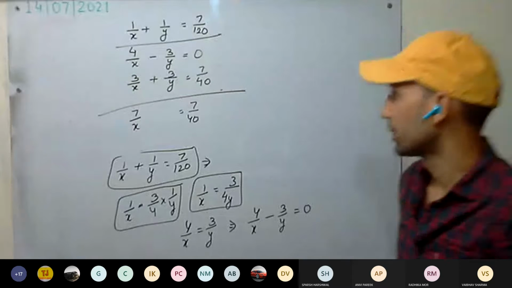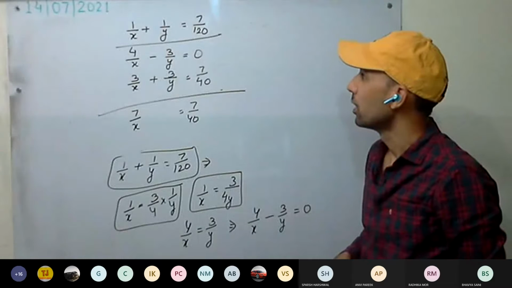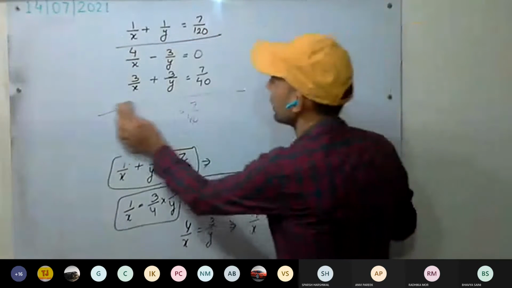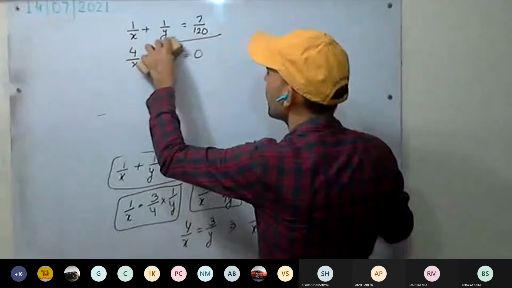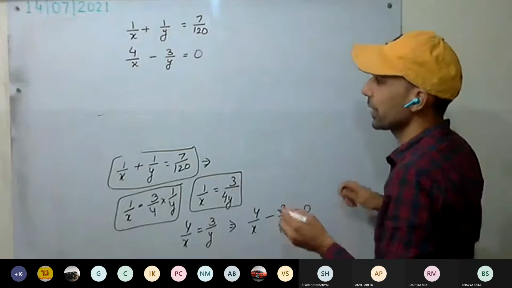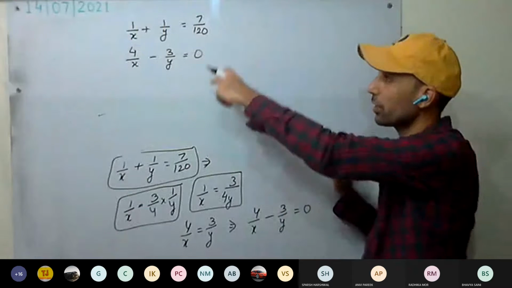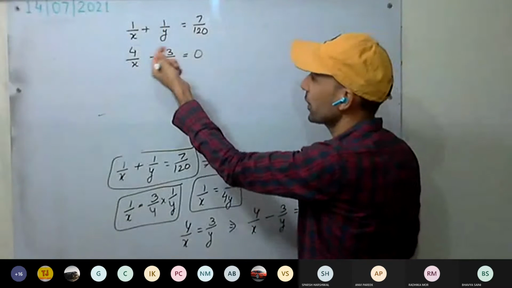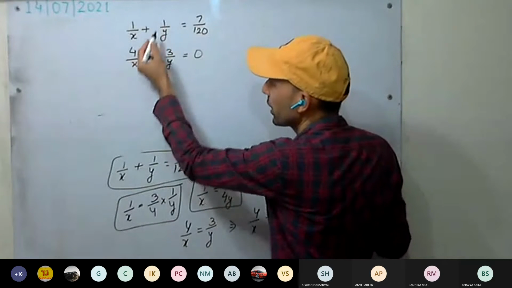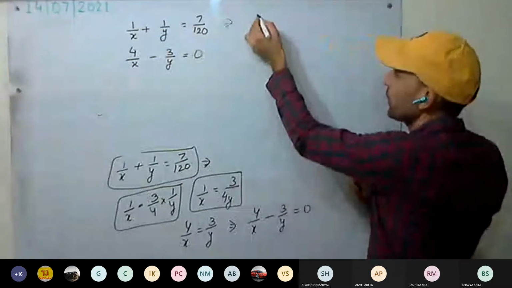How much is x? Sir, how did we get that 3x plus 3y is equal to 7 upon 40? Okay, see here, see it again. These are the two equations you will get. Now, how we used to solve? We eliminate one term by equating the coefficients. So first you have to make the coefficients equal, either of x or y. I am making the coefficients of y the same. So I am multiplying the first equation with 3. How much will it be?